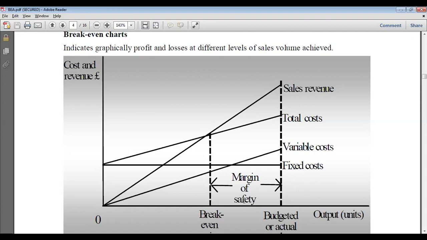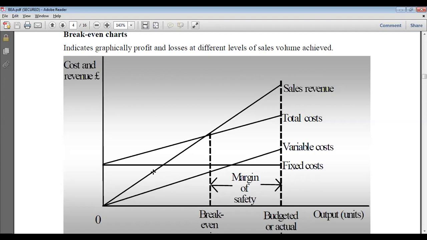First, we must get the number of outputs, the number of products that are sold. We can start from here. If the number of products sold is zero, it would generate zero revenue. Then one product is sold, two products are sold, three products are sold, and this way we are generating revenue, the total sale in rupees or dollars or pounds.